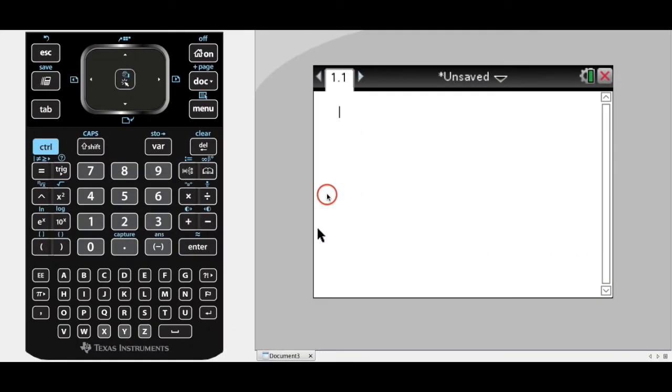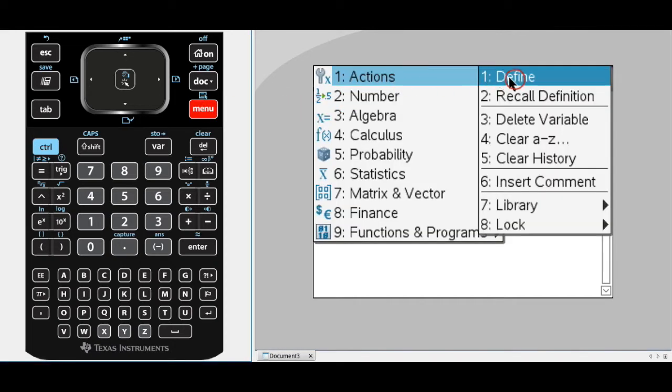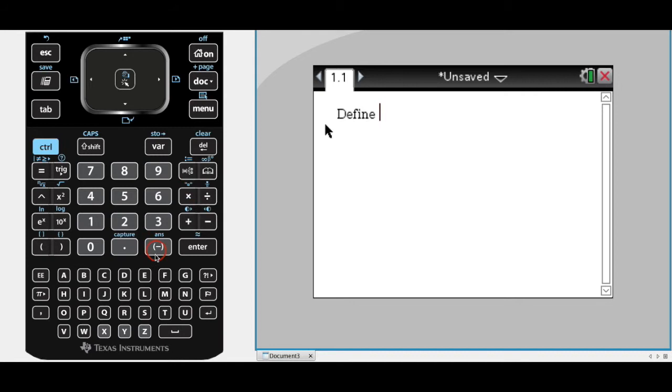Alright, so we've seen how we can solve problem 8 using pen and paper. That works well for exam 1, but in exam 2 we might want to be a little bit more efficient, so we'd be interested in making use of our CAS calculator. The very first thing I would do to solve problem 8 using your CAS is define f of x. So I'm going to go to Menu, Actions and Define,